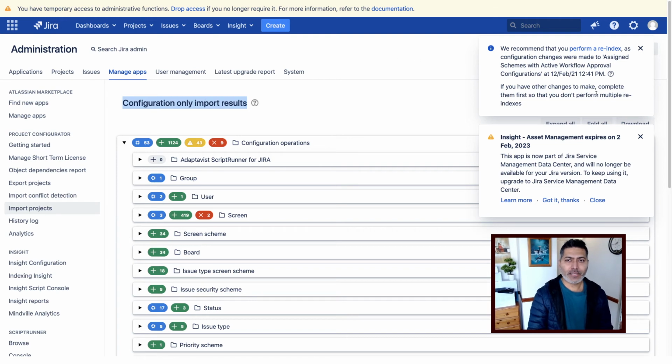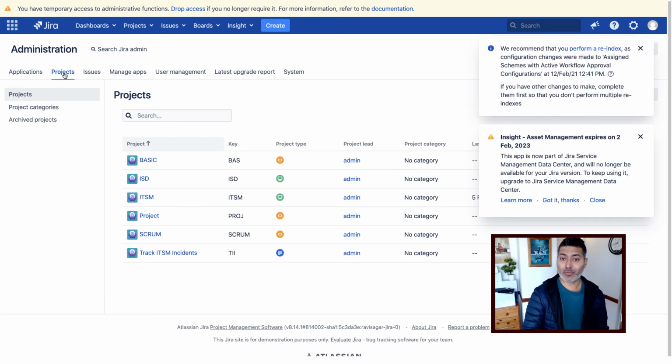And on the right hand side, you will see this message called perform a reindex, because there are new fields, and those fields can have values, and maybe Jira needs to perform a reindex, so you can perform reindex. But I'll not do the reindexing right now. What I want to show you is, of course, the project. So if I go to my project, I can see all the projects that are now migrated for me, and I can of course enjoy